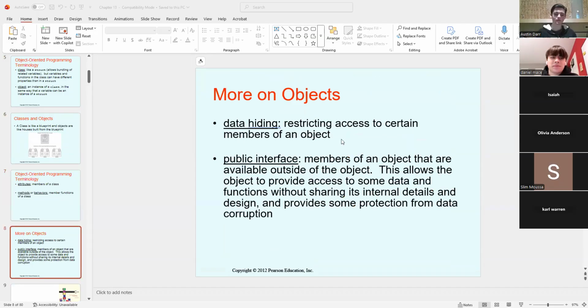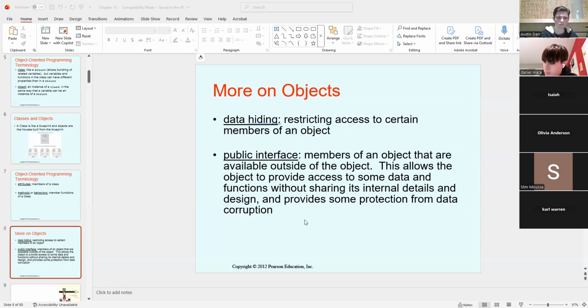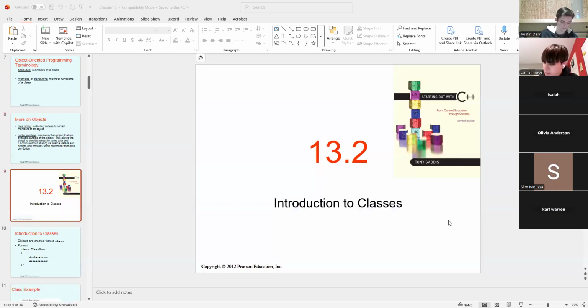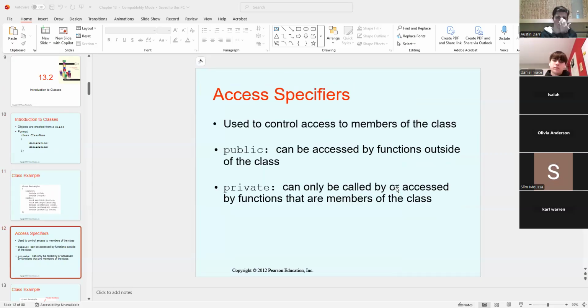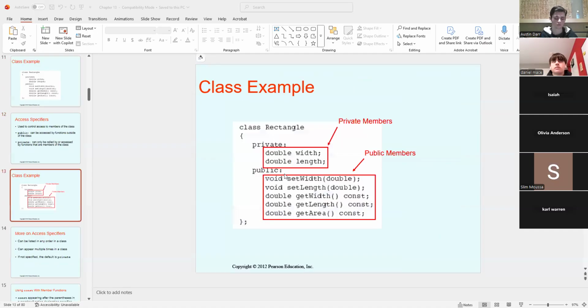Data hiding. We're hiding data in our class. We're hiding length and width, things that are private. Public interface, that's all of those pluses we put in the UML chart. So introduction to classes. There it is. All of that stuff was nice, good, happy, and we know it. Okay. Private versus public. We're going to learn about a new one called protected. Protected. There, everything's written out.